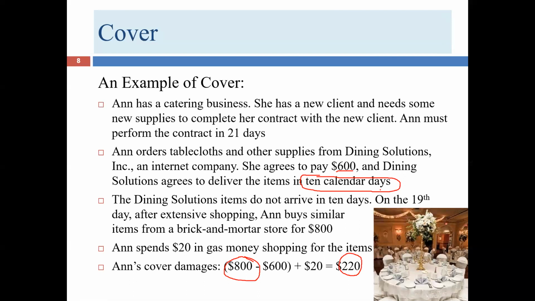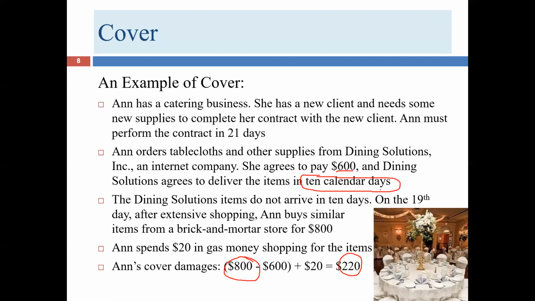So now that Dining Solutions on the 6th day have discovered that they found the tablecloths, it is in their interest to go ahead and let Ann know. But it's possible Ann has already ordered the items from Amazon, or maybe she's gone down to Bed Bath & Beyond and gotten the tablecloths. After all, Dining Solutions didn't make it sound like there was any possibility they would find it, so Ann did the responsible thing to mitigate this cover. And so if Ann has gone ahead and taken them at their word and sought other arrangements, then